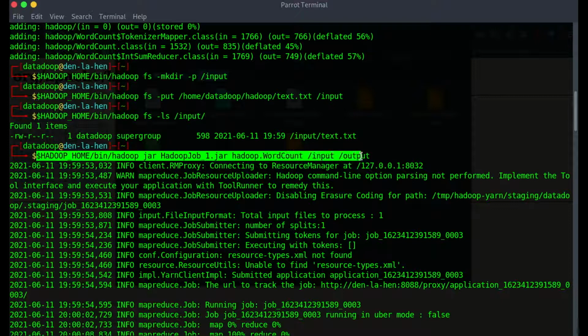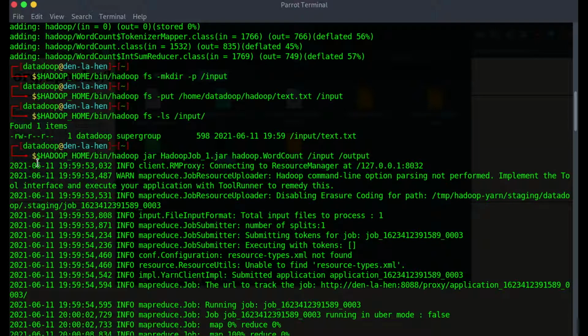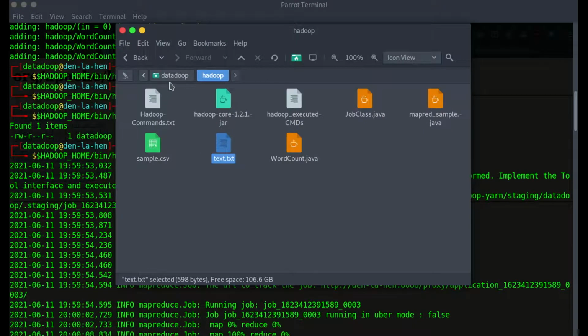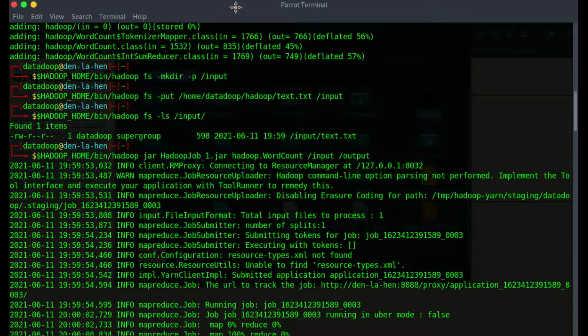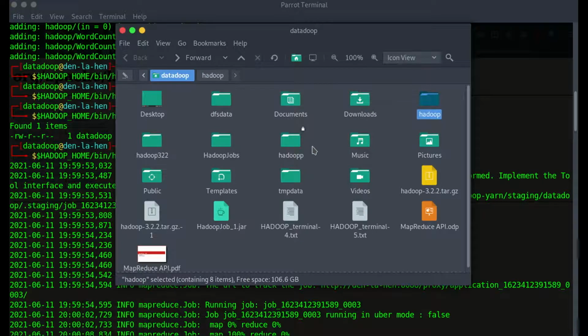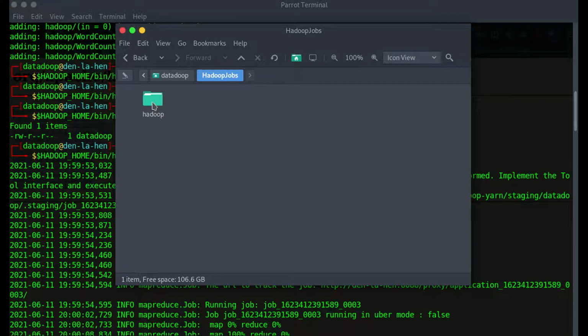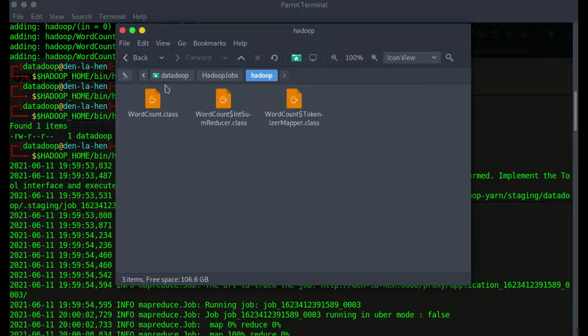So this is the command to do that, where the command goes by $HADOOP_HOME/bin/hadoop jar, then the file name of the jar that's been created, that's here, hadoop_job_1.jar, and then hadoop.WordCount, that's the file that's created here, the class file, this one. So you have the WordCount class file here, you specify that here,